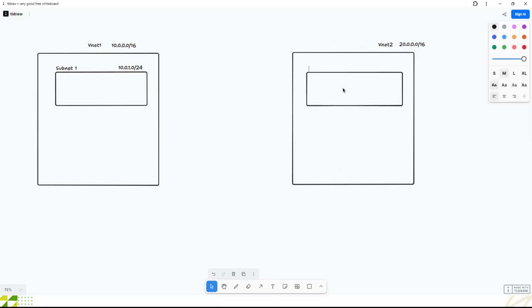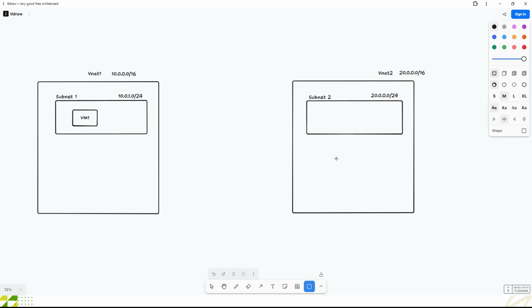Subnet name is subnet2 and the IP address is 20.0.0.0/24. And if I create a virtual machine inside it, like VM1, and another virtual machine like VM2,